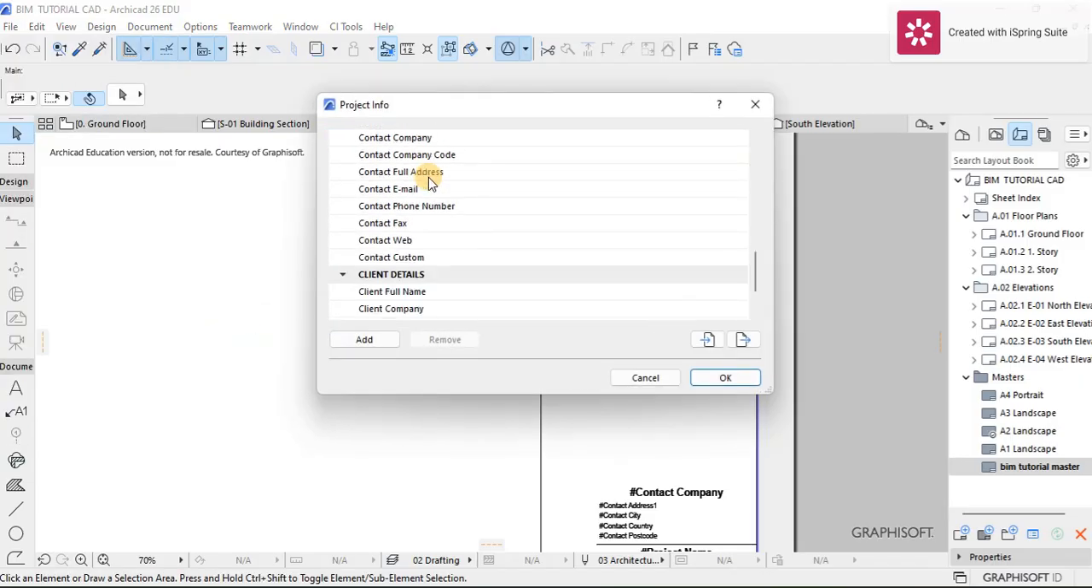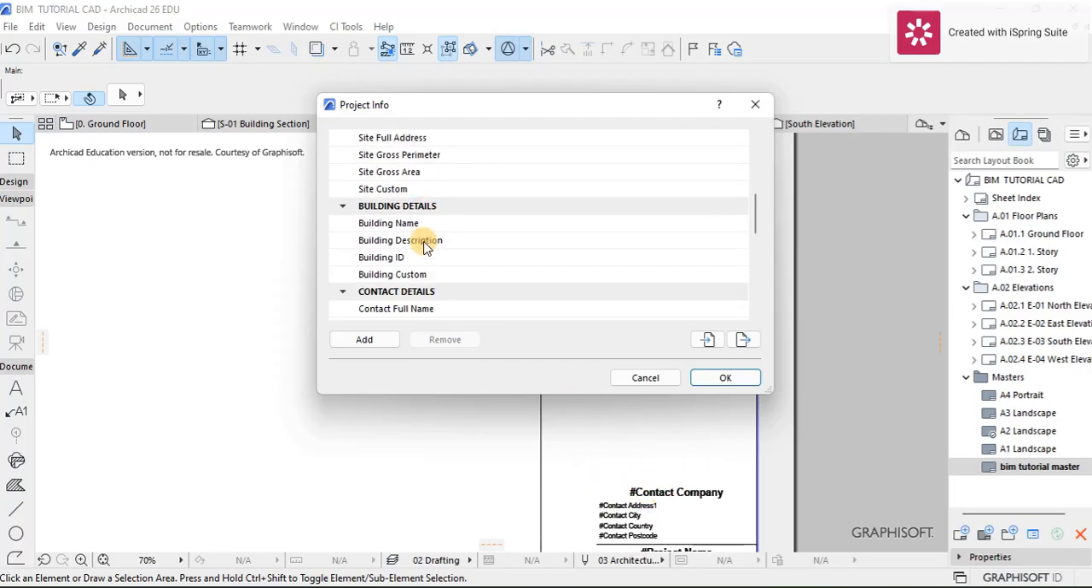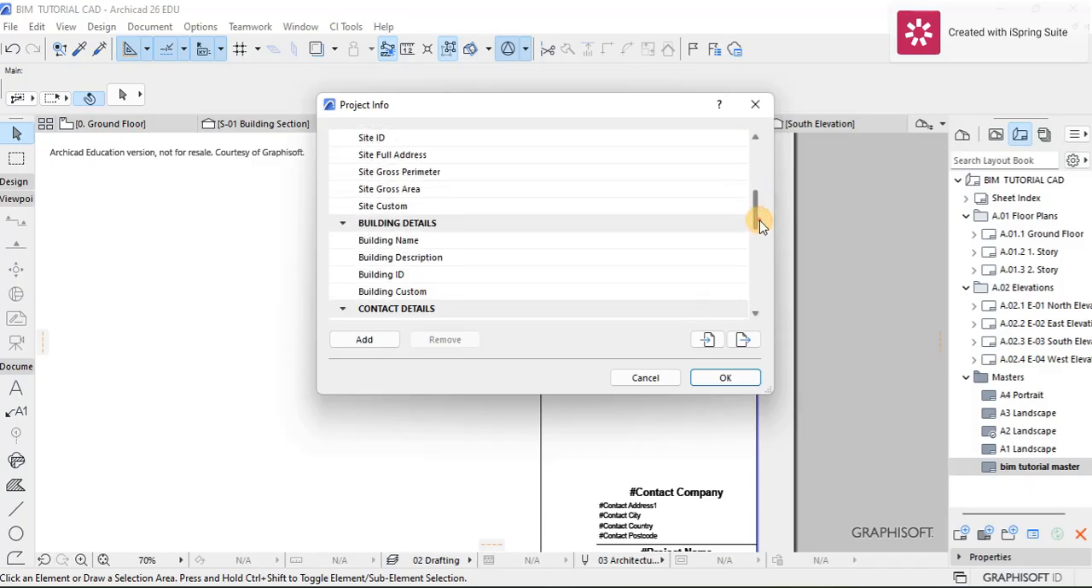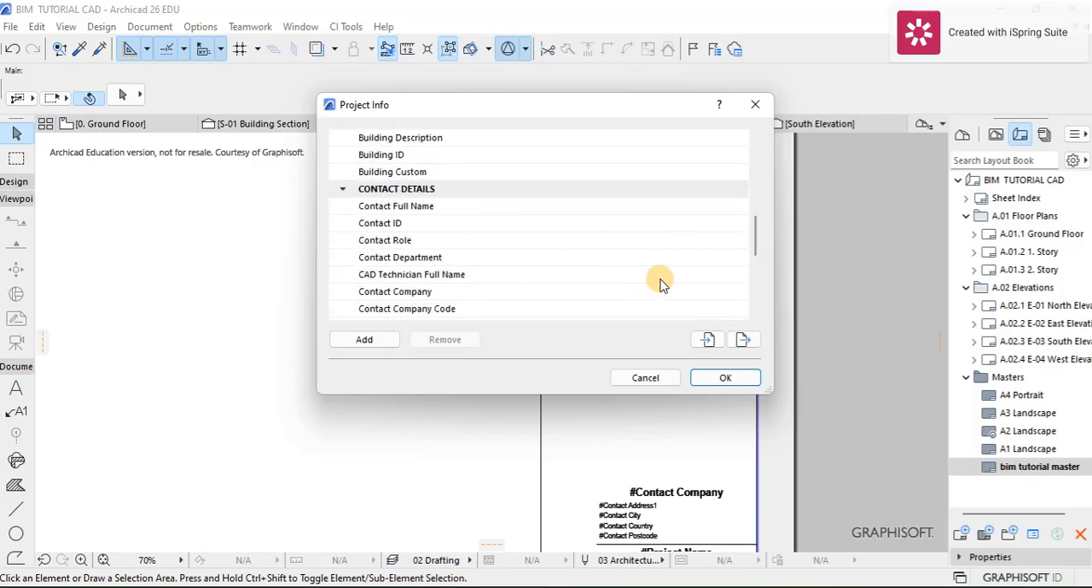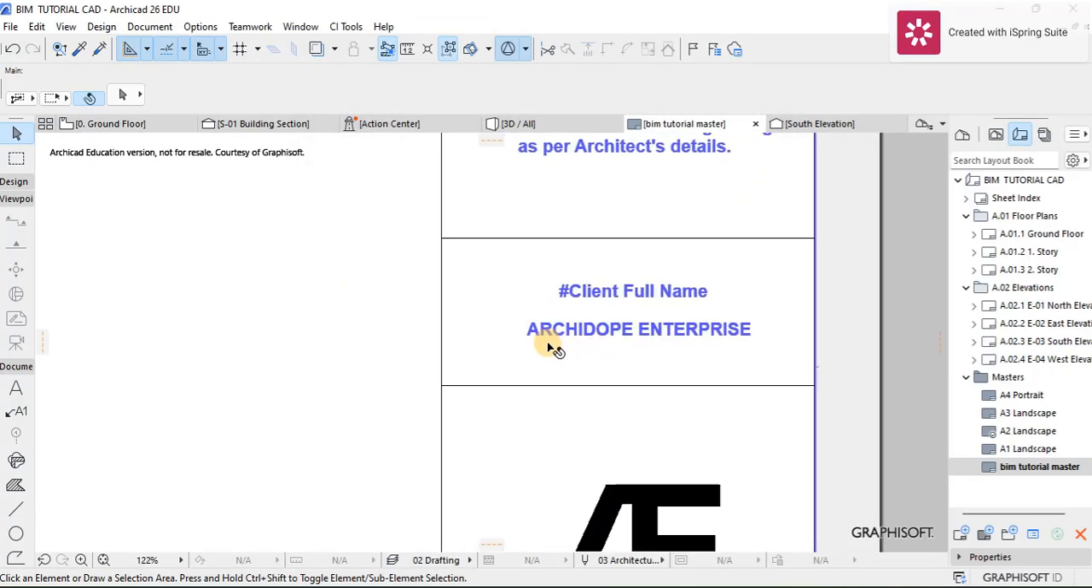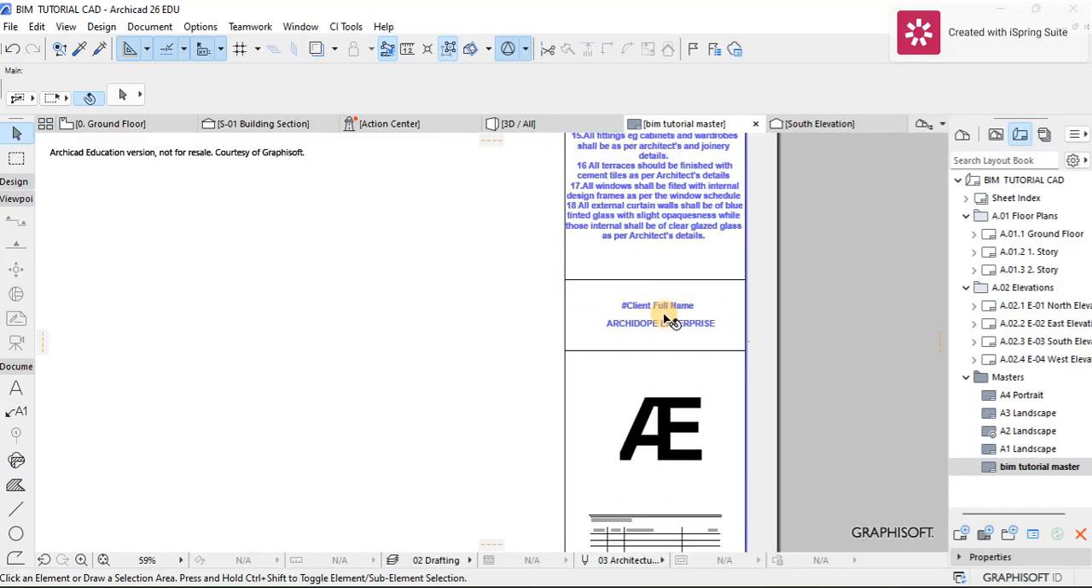So this is where you're going to key in the details that are going to automatically appear on the points that you want. For example, let me just do one so that you can actually see what happens. I'm going to write the contact company, and I'm going to name it ARCHICAD Enterprise, and then I'm going to press OK. With that done, you can see now the contact company automatically fills itself after I fill the information in